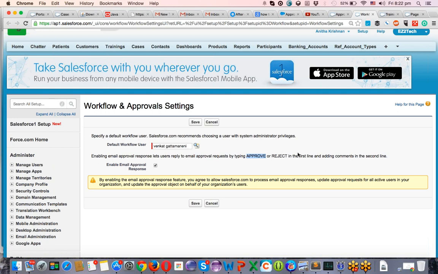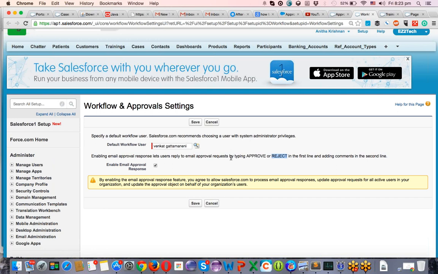Reject is a subset of rejected. If you consider the keywords, there are 6 letters in this, but rejected contains 8 letters. Means we are appending two extra letters to this. That's the reason it's considering approved, approve, rejected, reject, 4 types of responses.